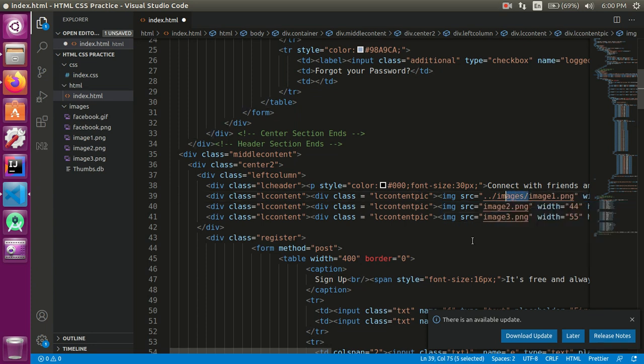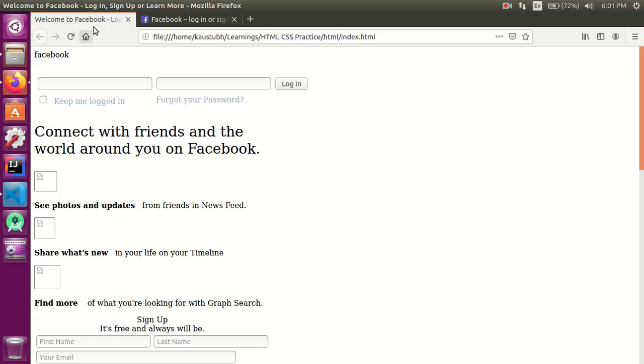This is the path we should give in src to reach the images and include them in our code. See, I have corrected the path, and now we are going to refresh our page. If you can see, there are 3 broken links behind this connect with friends and world.